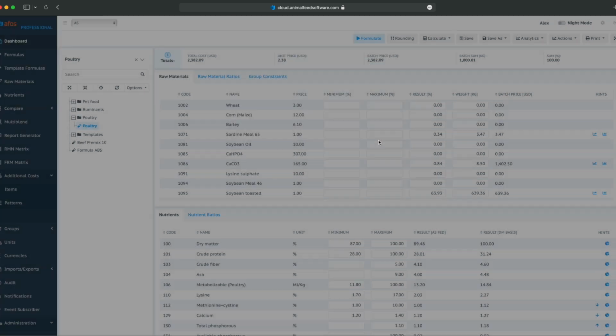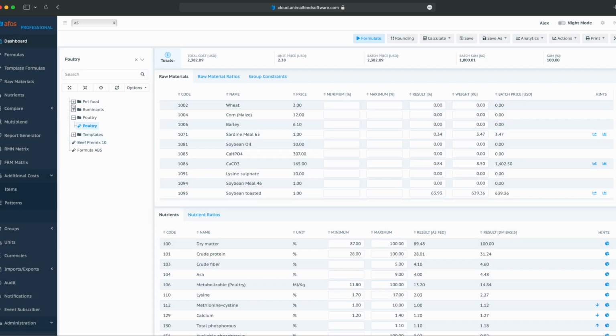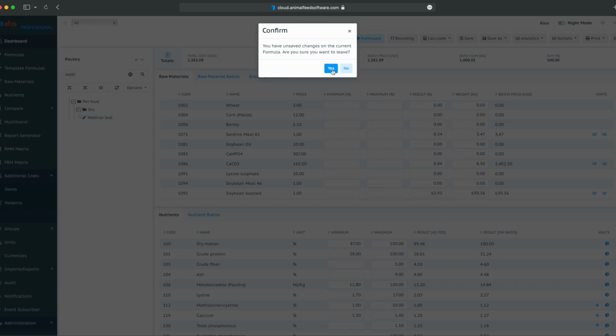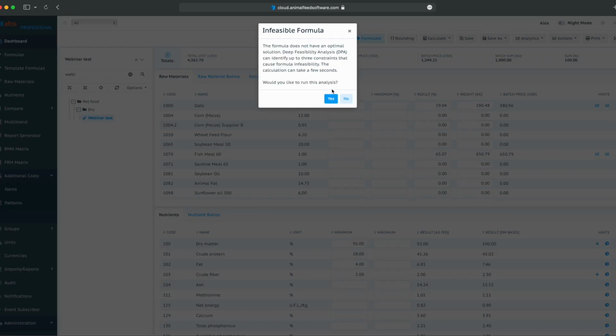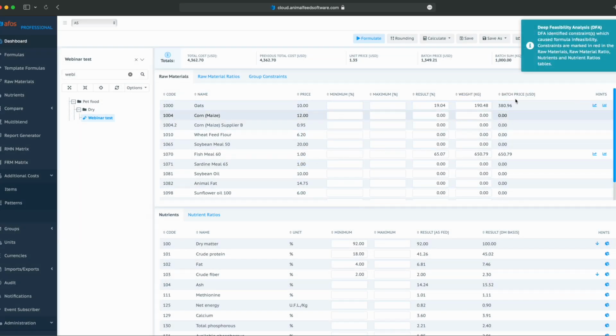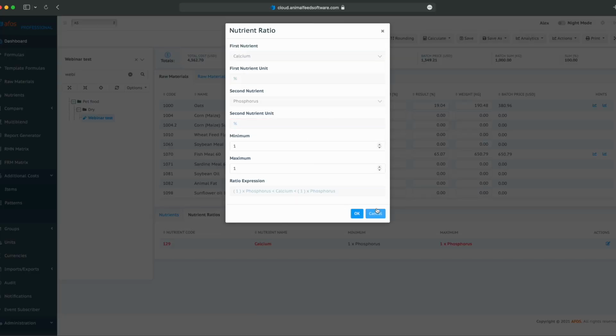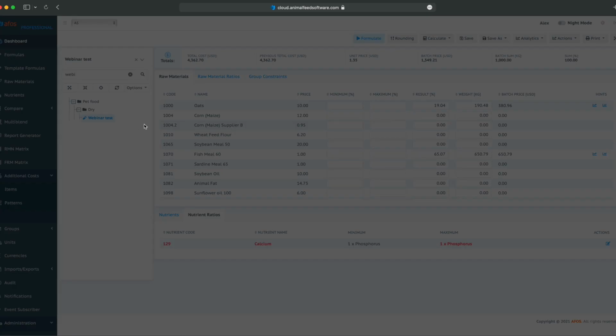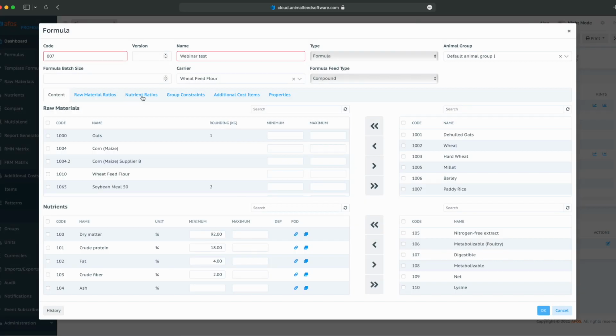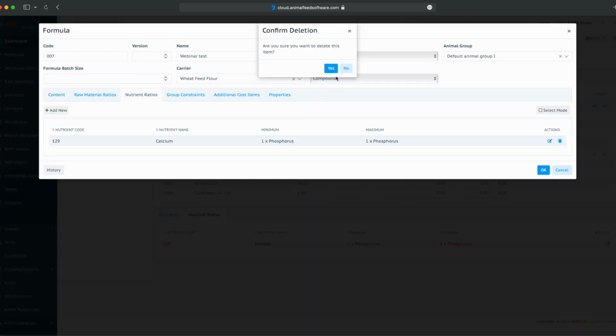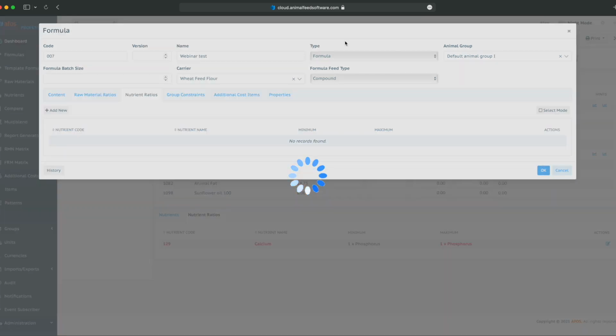In this case, we created that for another formula. We will find it, webinar test, click yes, click on formulate. The formula isn't feasible. We have a problem with nutrient ratio. We will edit this formula. Go to nutrient ratios. We can exclude this problematic constraint. Go back,